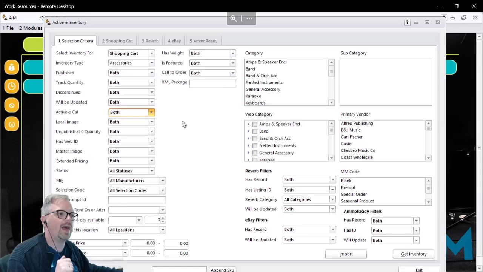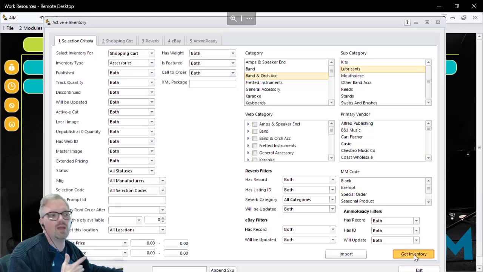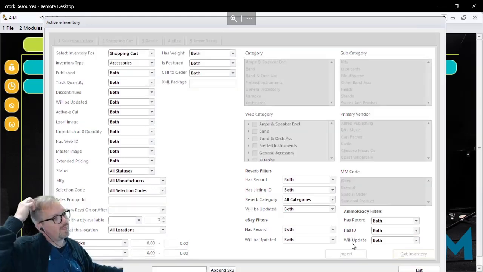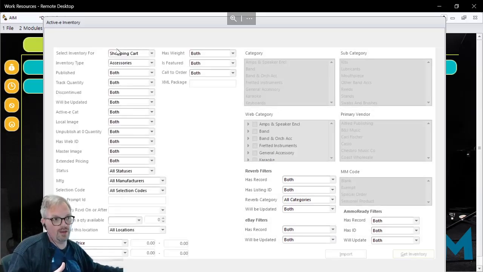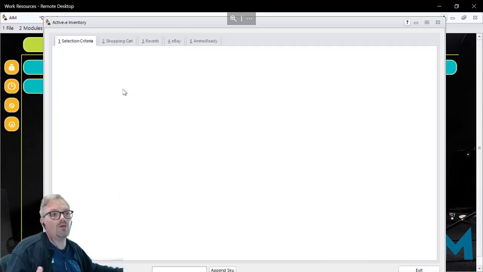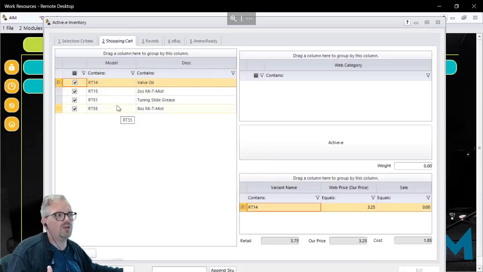It's just kind of things like that. Ultimately, when you go through this process, let's just pull up some products here and then I'll get the inventory. So this will take you to a second tab based on whatever selections you've done, and it will display all of those products. I'm not going to have a whole lot. This is obviously a demo system, but what you can then do is you can highlight your first item, and